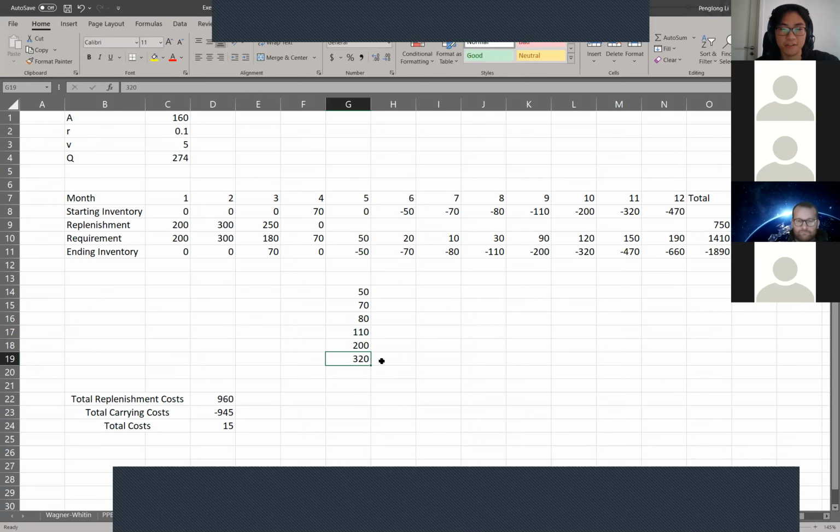So it's closer to this one. So we satisfied the demand of the next 6 months by using this number. And that means we have 5 zeros. You see that we satisfied the demand of the next 6 months